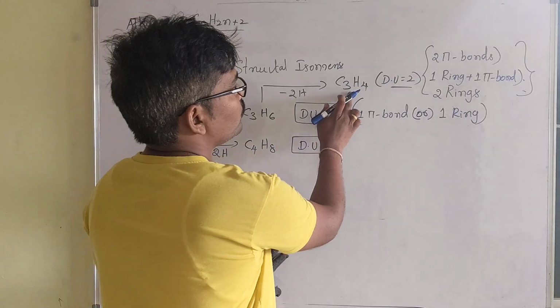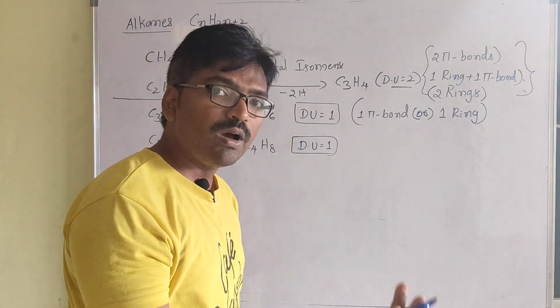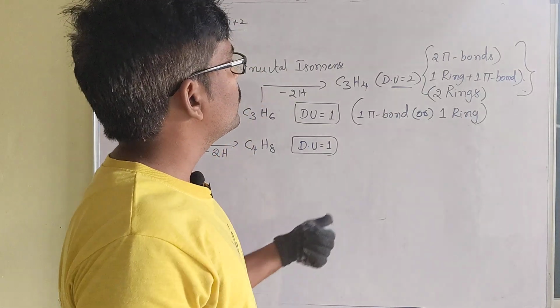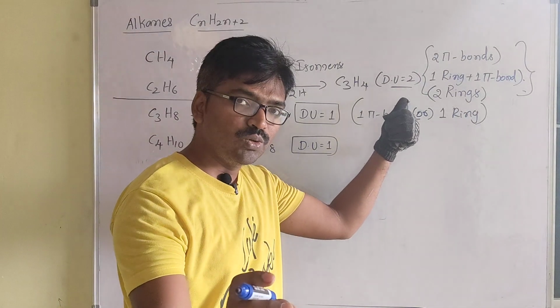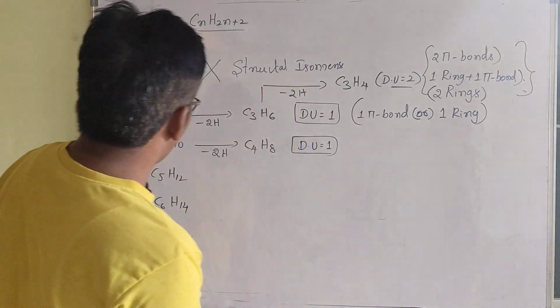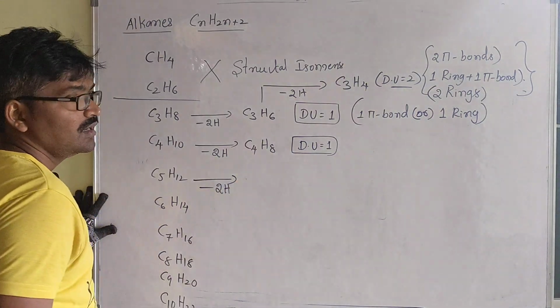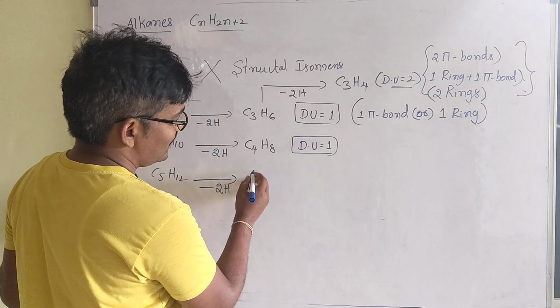But in C3H4, 2 rings are not possible, but the remaining 2 are possible. Another thing I am telling you: in case degree of unsaturation is 2, even 2 rings are possible, that you have to remember. Then in case 2 hydrogen atoms are less from this,